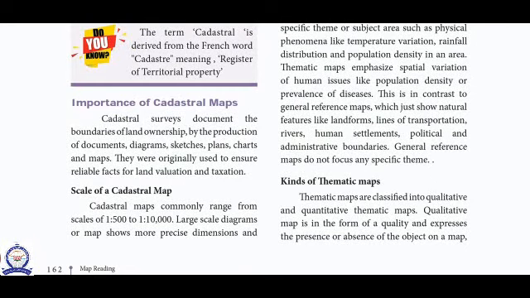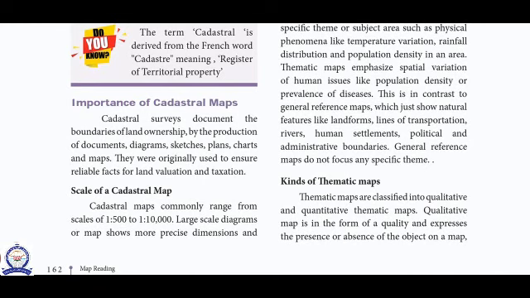Importance of the cadastral map. It's a document that shows boundaries of land ownership, supported by documents, diagrams, structures, plans, charters, and maps. They were originally used to ensure reliable facts for land valuation and taxation.